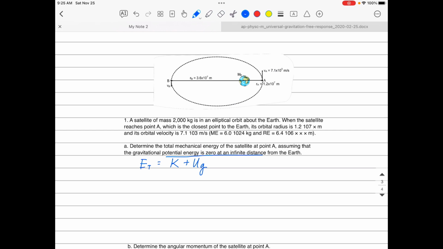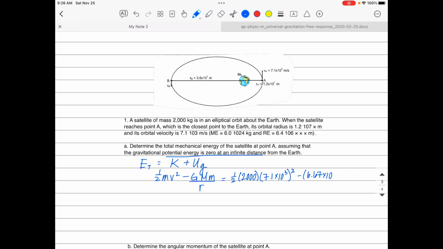So in this scenario, we're going to use our normal 1/2 mv squared for kinetic energy. Gravitational energy is in your physics equation sheet, which is G, mass of the Earth, mass of the satellite over radius. And then we're just going to go ahead and plug in the values. 1/2 times 2,000 times the velocity, which is 7.1 times 10 to the third, squared